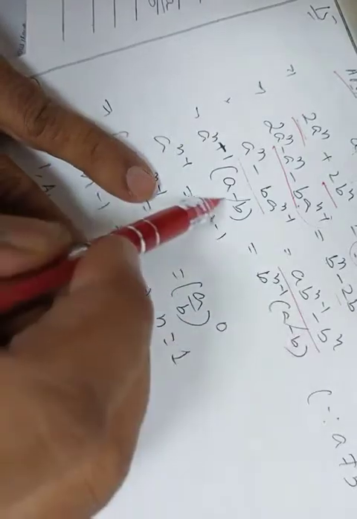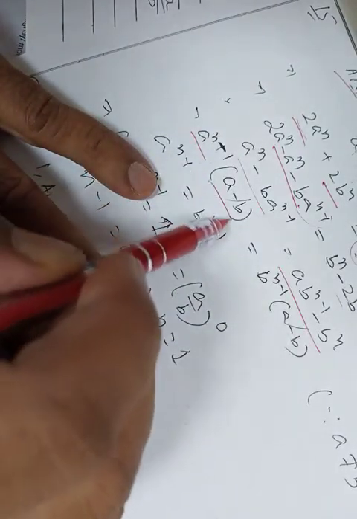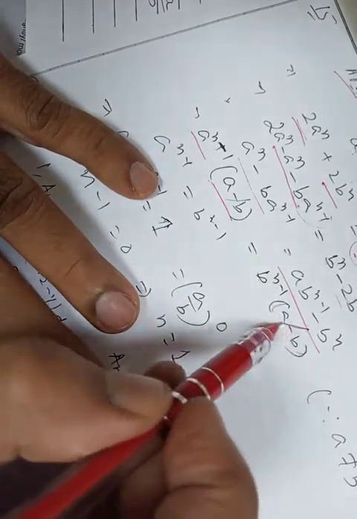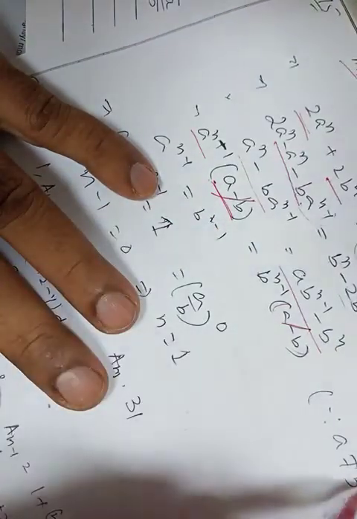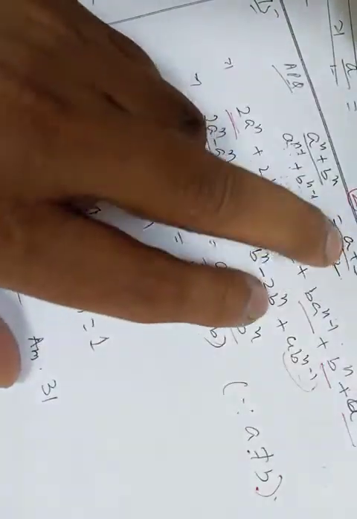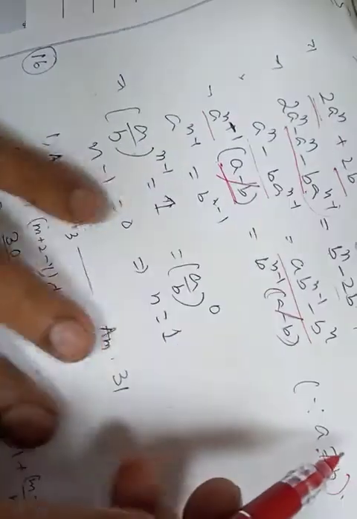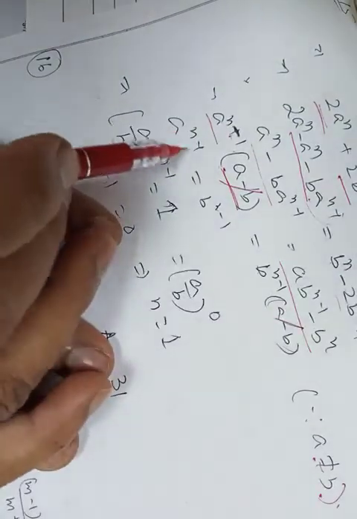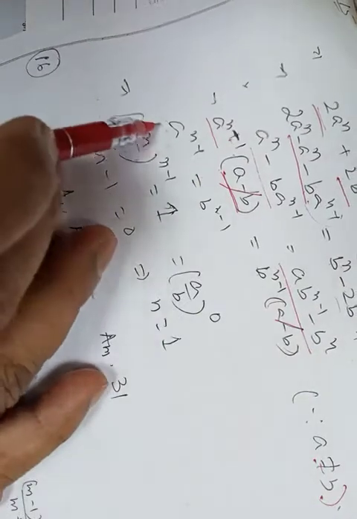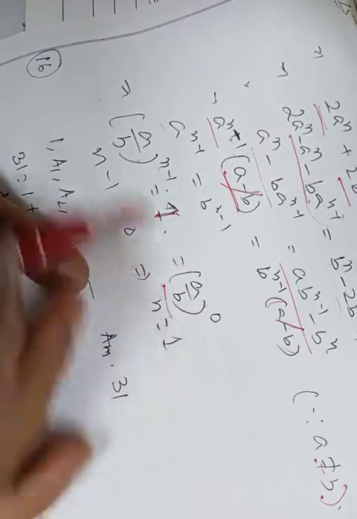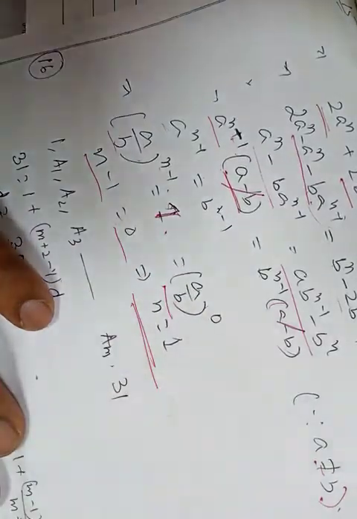Then by this we get this, by taking a to the power n minus 1 common, a minus b, and again b to the power n minus 1, a minus b cancel. If they do not cancel, then we get a equal to b. If a is b, then if these two terms are equal, there is no question of getting an arithmetic mean, so that we can cancel. Then we get it the other way: a to the power n minus 1 is equal to b to the power n minus 1, so a by b to the power n minus 1 is equal to 1, which we can write as a by b to the power 0. Base equal, then power equal, so n is coming 1.